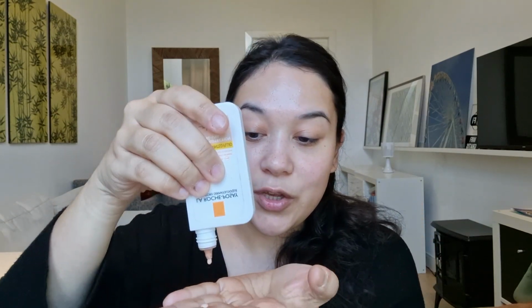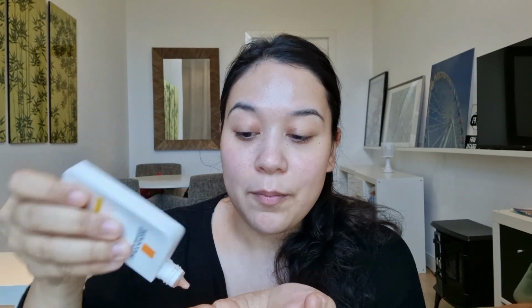This is an incredibly liquidy formula, so you're going to have to shake it up. You even hear the ball. And this is tinted, so it's going to come out tinted. Like I said, I'm not a huge foundation fan, but I like kind of bronzy skin. Again, I'll put it on one side first and leave the rest bare, so you'll see what this looks like